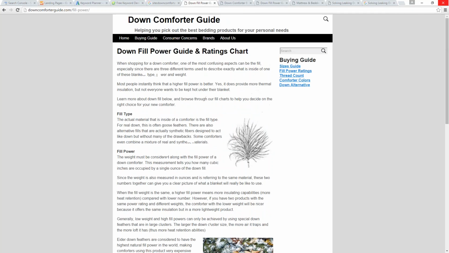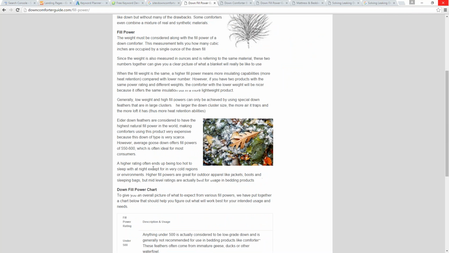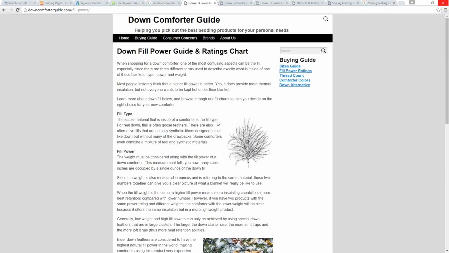So on this particular page of my site, I'm certainly going to have to do a little bit more investigating. Since I got into a lot of detail about the ratings, I'd probably try to find some more detail about fill types, maybe about the different materials that are used in these fills. And I could go out and make a listing of these different materials, and I could have a little subsection on this page about each one of them where I go into more detail, write a paragraph or two about